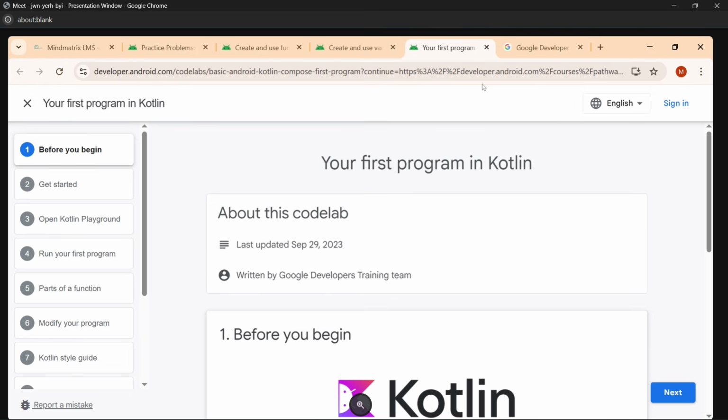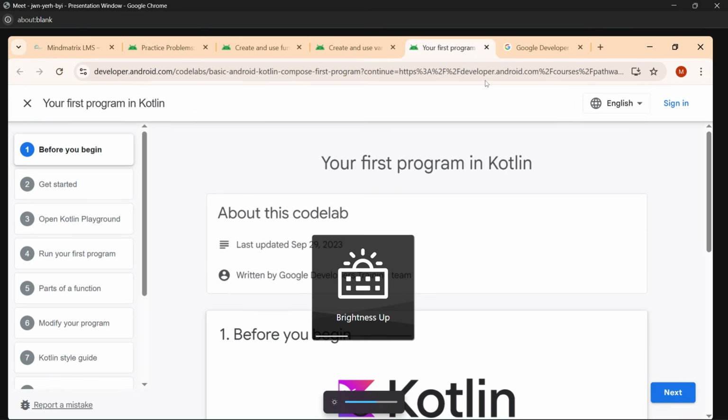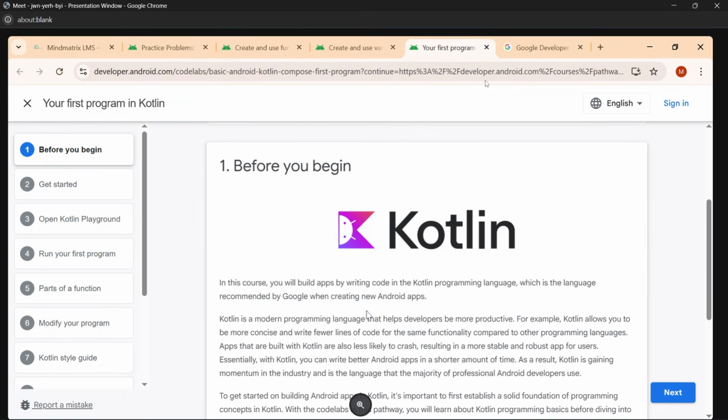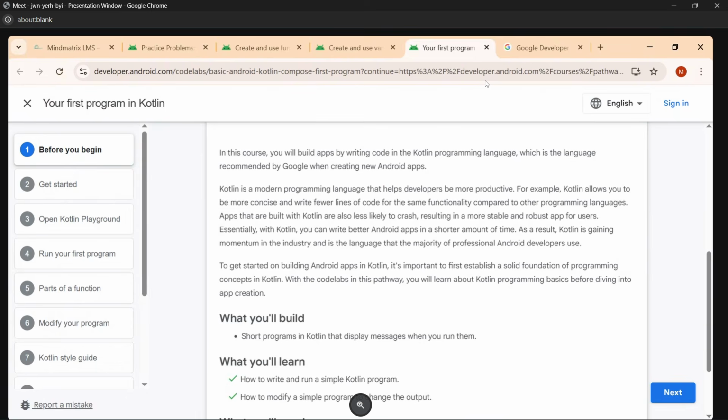You just understand by reading these code labs what Kotlin is, what the functions, variables and data types are that we use in Kotlin, and how Kotlin works. All these things are given in these code labs with these three links. So you just go through and read these code labs, and you can understand more about Kotlin. So in the starting page,